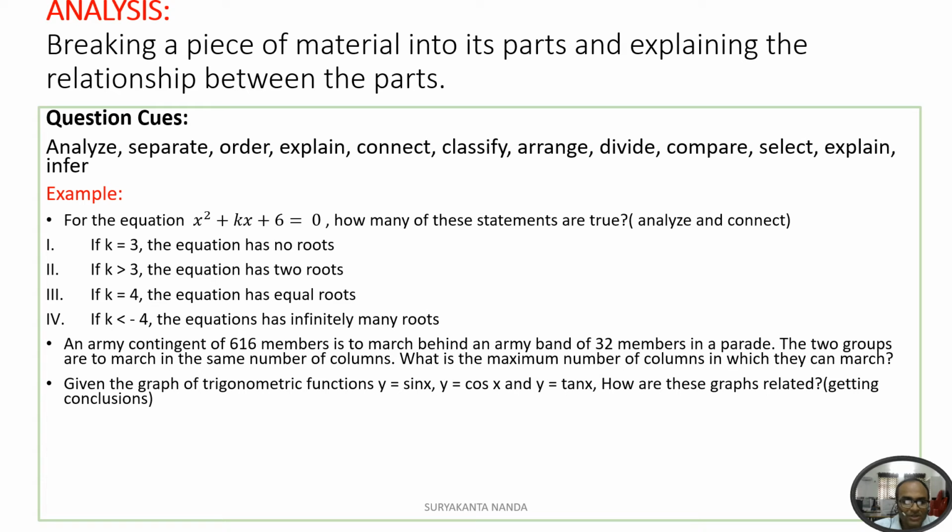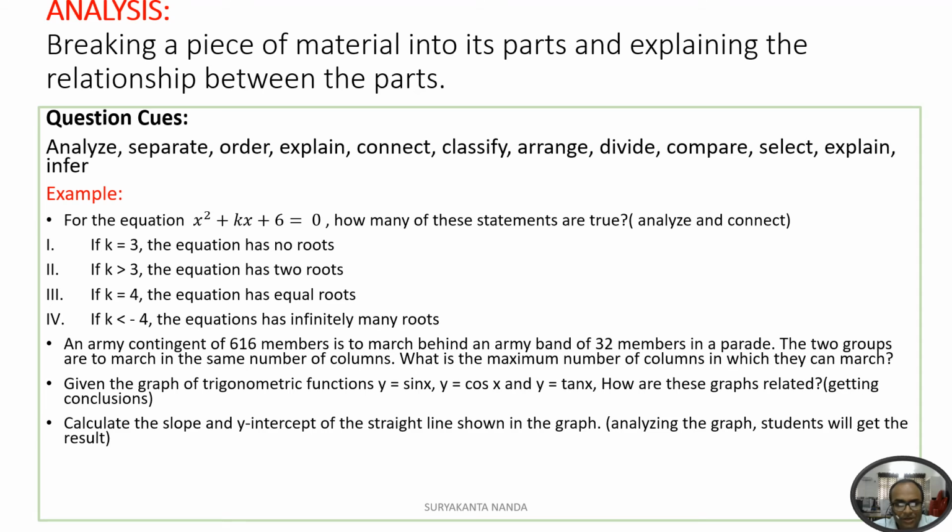The third example is like this. Given the graph of trigonometric functions y equals sin x, y equals cos x, and y equals tan x, how are these graphs related? That means students will analyze these three graphs, y equals sin x, y equals cos x, and y equals tan x, and check how they are related. They will conclude